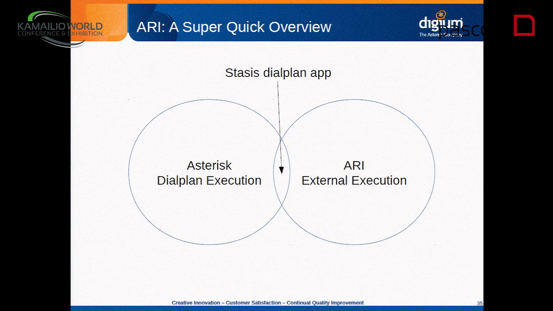You can divide Asterisk now into two separate worlds. You have Asterisk with its traditional dial plan execution, where the traditional dial plan applications live, and that's very much segmented and controlled by the running Asterisk process. When the Stasis dial plan application gets a channel, it hands control of that channel over to the external control, to your ARI application. At which point Asterisk throws its hands up and says, you own it, you own the resources, and it just lets you do whatever you want with those things. Stasis is the little bridge between those two worlds.